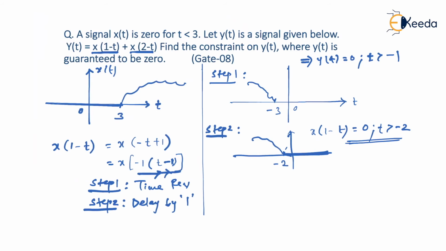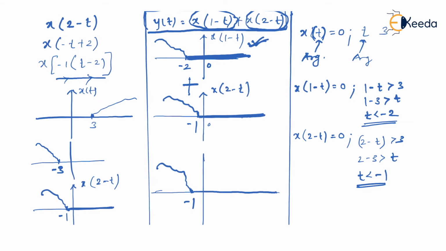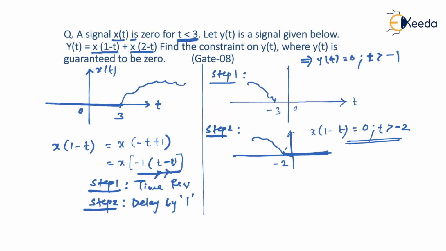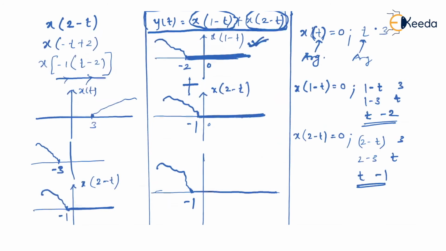We'll just refer to the question once again. Okay. In the question it is said that x of t is 0 for t less than 3 and not for t greater than 3. So we need to modify a little bit here. What I'll be modifying is only this sign. Else everything is correct. There is absolutely no problem. Yes. So what they say is that x of t is equal to 0 for t less than 3. So we have to use only the lesser than symbol over here instead of greater than. So once again, I'll be using the lesser than symbol like this.